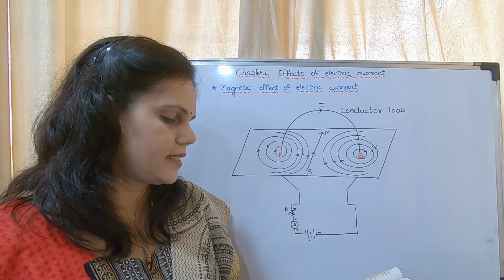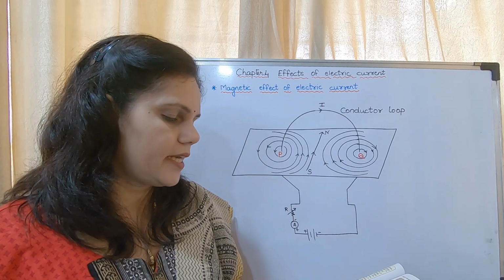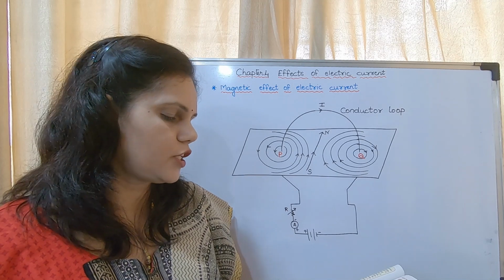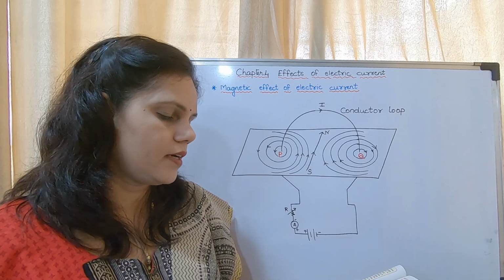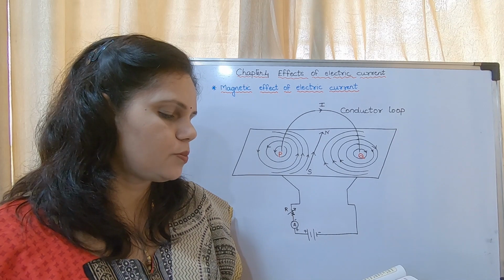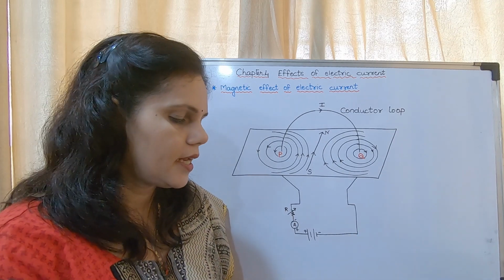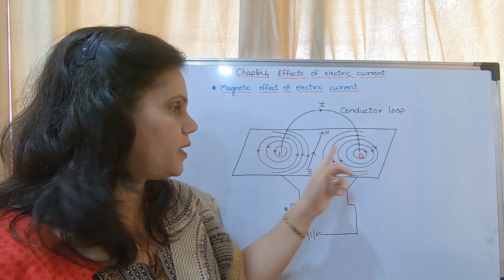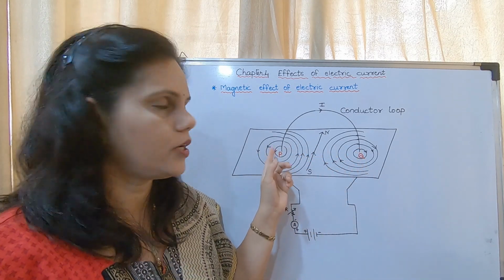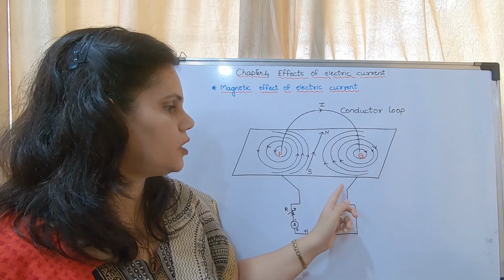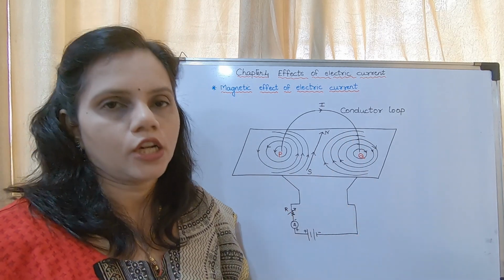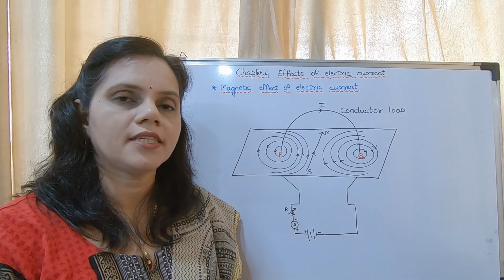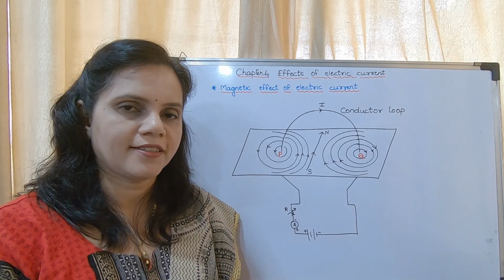Now the next is, in figure 4.8, the magnetic lines of force are shown near the points P and Q only. However, they will be created near each point on the loop. Okay, now in this case, the points we have considered is P and Q, which is on the cardboard. Actually, it is applicable to any point on the loop. Okay, so this is about circular loop. You may mark these points in your textbook.